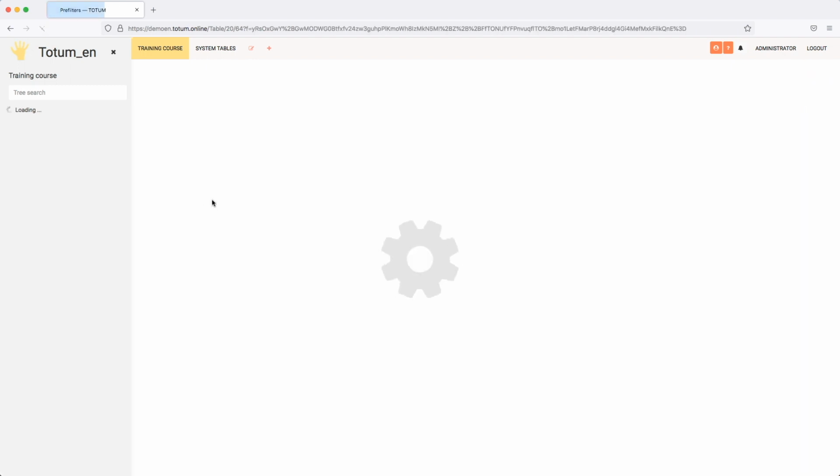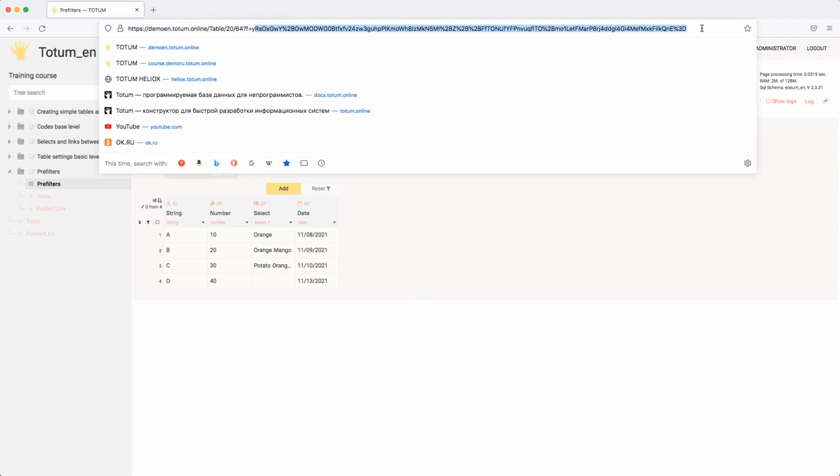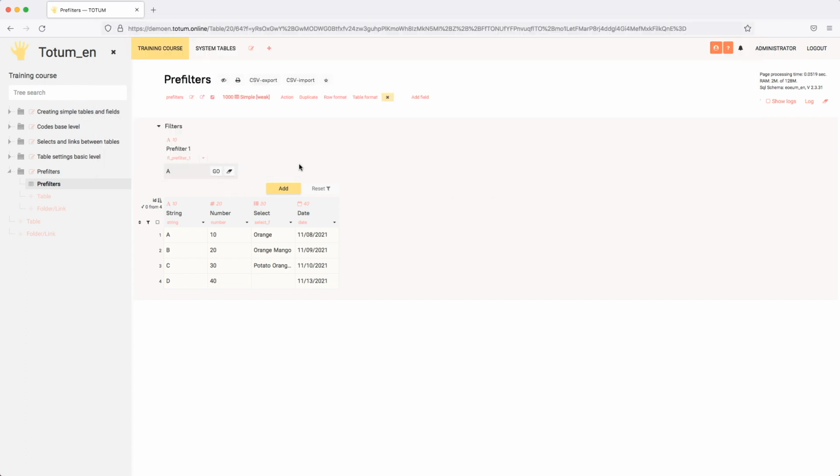The page loads. Here in the address bar are encrypted values of all fields of the prefilter, those that can be changed and are visible to the user, with a special session key. If you try to follow this link after some time, nothing will work, because this key has a time limit. Then we entered A, but nothing happened, because for the prefilter field to work, it not only has to be